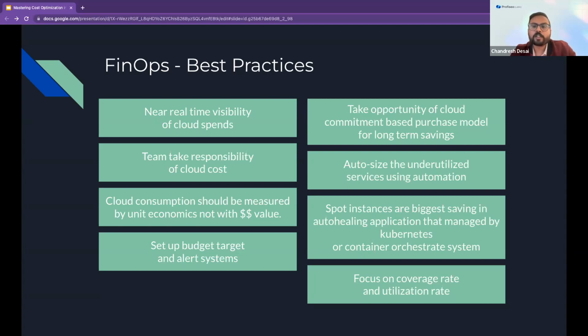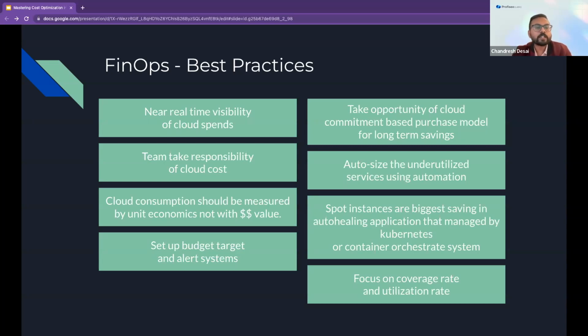So FinOps always recommends that you create unit economics based on your company's consumption rate, CPU and RAM, and that way you create a unit that is more valuable to target or budget against.